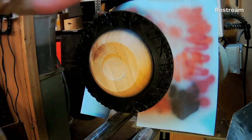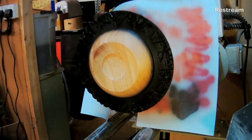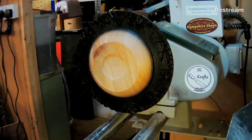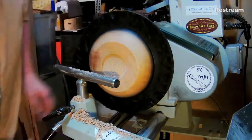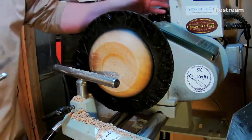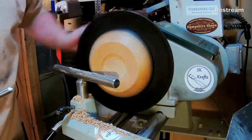Right, it's dry. So I need to clean this up now. I think I might just put a pass over that with a chisel. Be easier, I think, won't it? Yeah, just a quick pass with the gouge. Remember, you haven't sanded the underside yet, so it's just to get rid of that